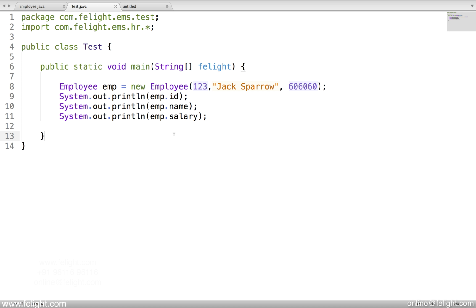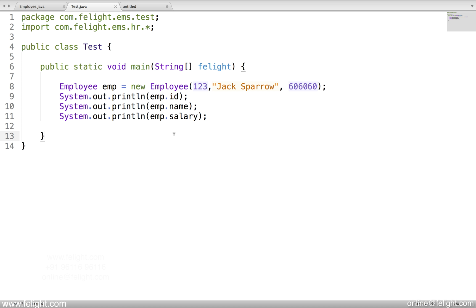Definitely they are going to look into your code, and just by looking at the code they can tell whether you are trained by a professional or are a professional or not. So we have to maintain proper naming conventions in every program we write.